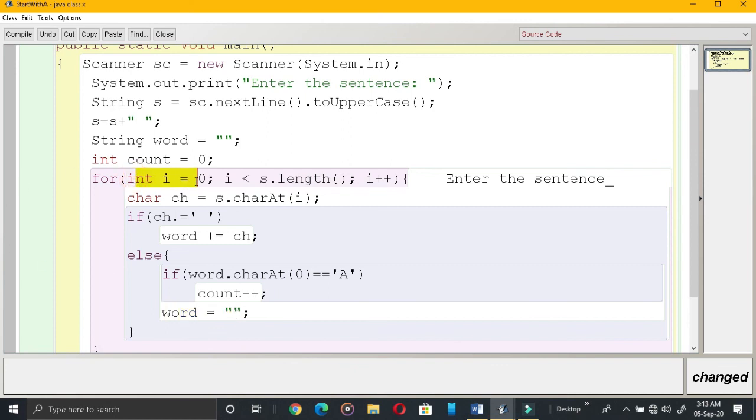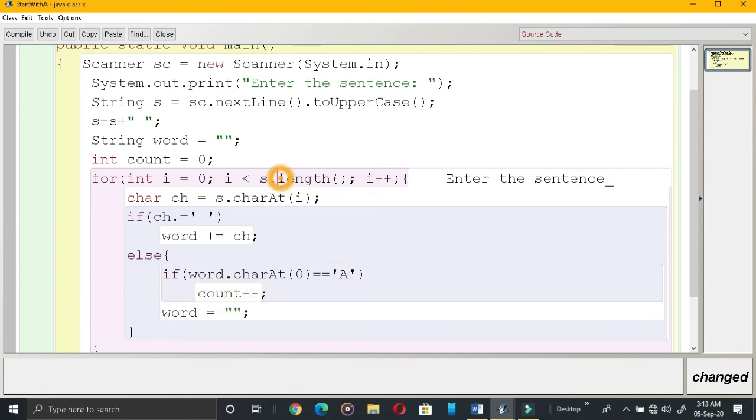Now in this loop, again it's going to form the next word. What is the next word? The. That will be formed here. In word, The will be there. And then space comes. Space comes means control moves to the else part. Checking word.charAt(0). Word is The. Its charAt(0) means this one. Is it equal to A? No. So the counter won't be increased now also.